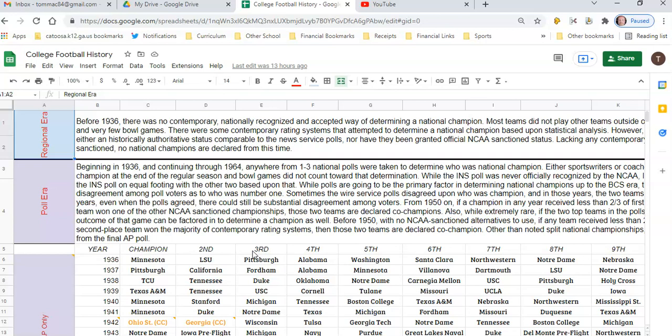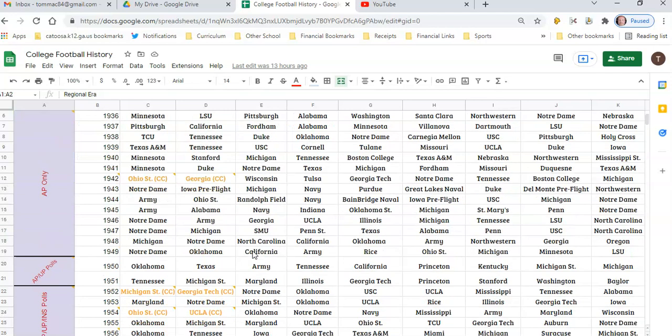There are two criteria that I think are important. One, the source has to be authoritative. And of course, the NCAA is authoritative. It is the authority, and it also sanctions other entities like the AP poll to be an authority as well. But while that committee I was talking about was authoritative, it wasn't contemporaneous. That's the second part. So when you combine those two criteria, authoritative and contemporaneous, you really have to start with 1936 as the year where national championships begin to be declared in an authoritative and contemporaneous way. That's the AP poll. And so that's where I ended up starting